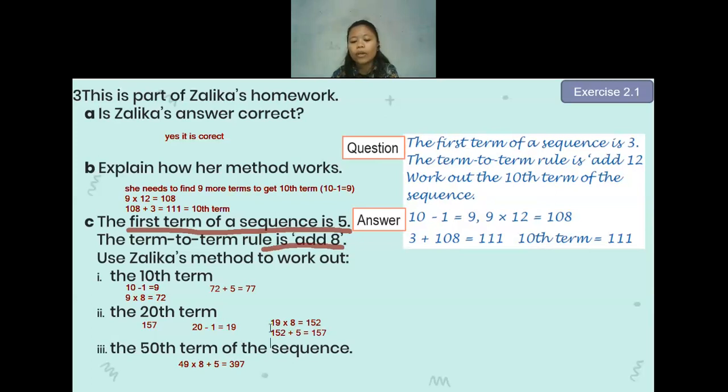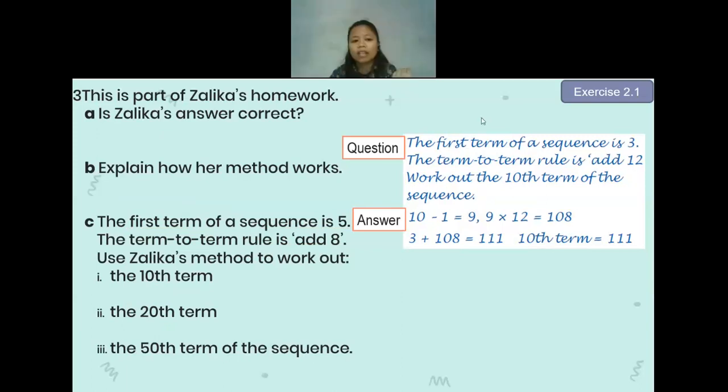Is there anyone still having questions, or is my explanation not really clear? You can clarify your doubt if you still have doubt. Sir, I only miscounted before. Okay then, thank you. Is it clear enough? If it is clear enough, I will move to the next number. Is it okay if I move to the next number? Okay then, I'll continue to the next number.